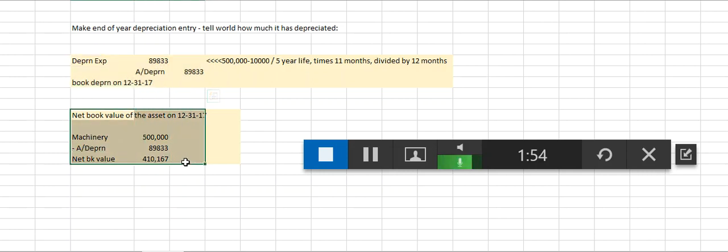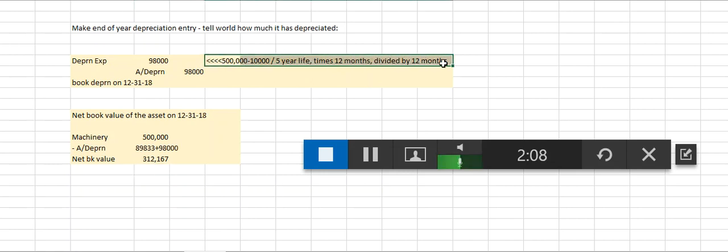Here I just update you on the latest version of net book value. You'll notice that accumulated depreciation is a little bit lower because I've factored in correctly the residual value. We go a year, even simpler yet, it's 500,000 minus 10,000, which is residual value, divided by 5. And that, times 12 months divided by 12 months, is the same thing as a full year's depreciation: 98,000. You'll notice we're accumulating 89,833, and we're adding 98,000 to it to come up to our net book